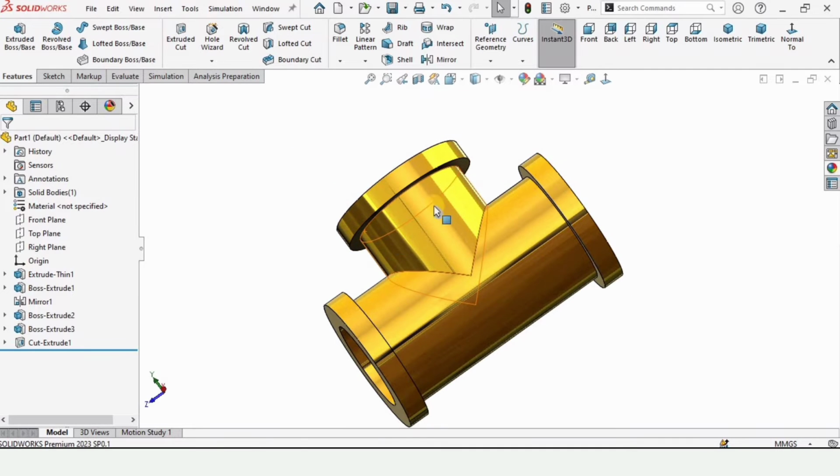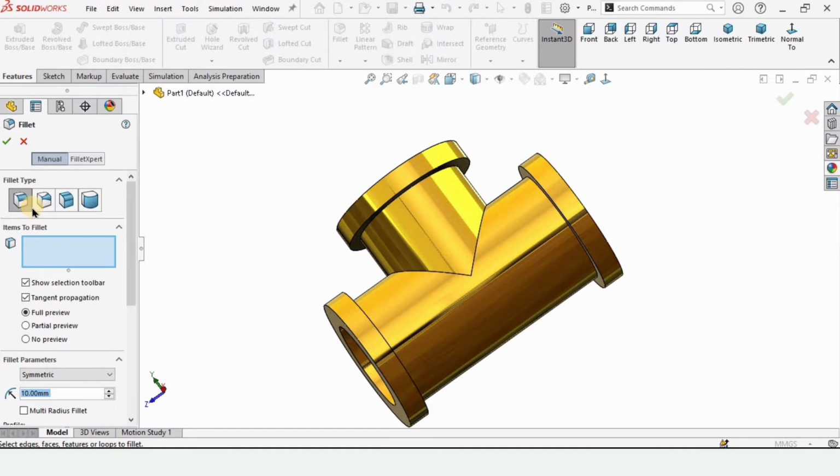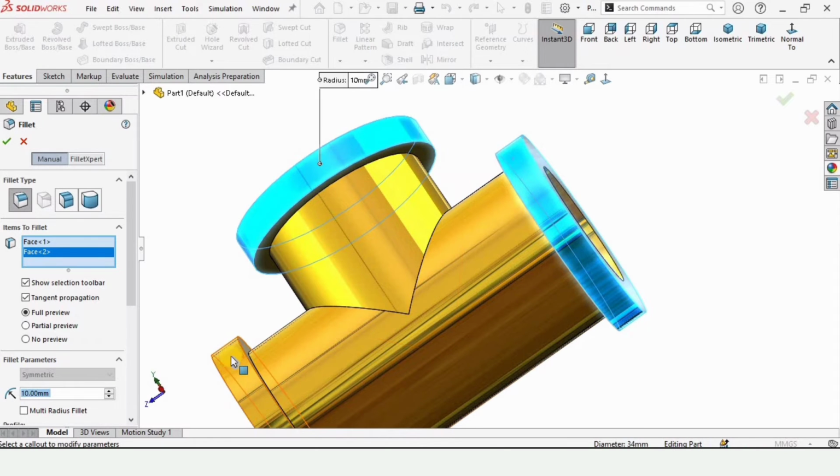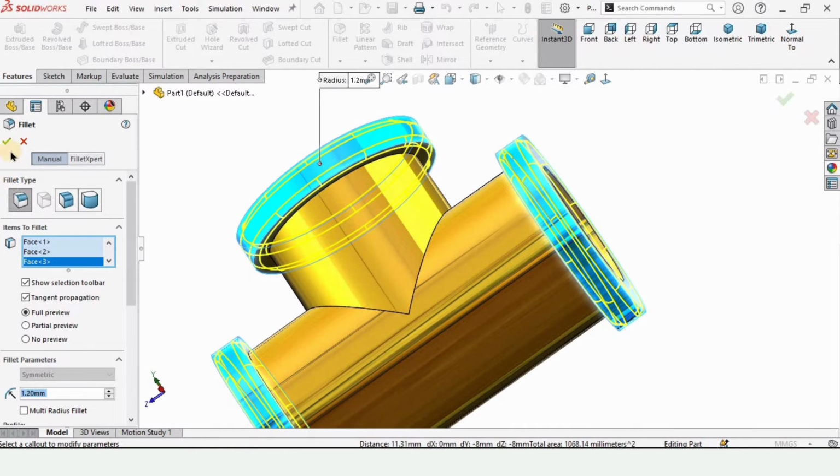and let's create some fillets, and after that we will be making the threads. So I'm doing these face fillets, so make sure that you are defining the faces and not the edges. So select this face and this face. I have selected 3 faces, and here define the radius for the fillet as 1.2 millimeter, and after that check